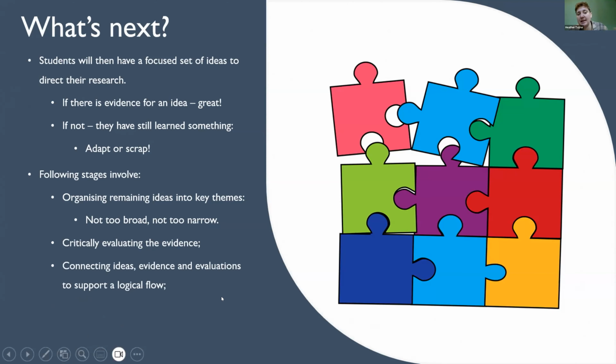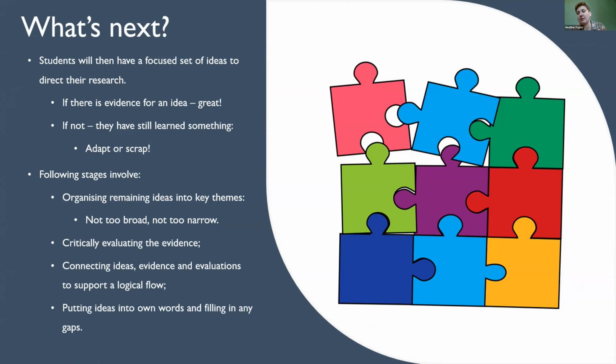The next step would be to connect all of their ideas together, almost like a skeleton for their essay. So connecting the ideas, their evidence, their critical evaluations, not necessarily by theme, just in an order that makes sense to them based on their own narrative, so that the presentation and how the ideas are put forward all comes from them as well. And then essentially they've got their outline, they've got their evidence, they've got their structure. It's just about filling in the gaps.